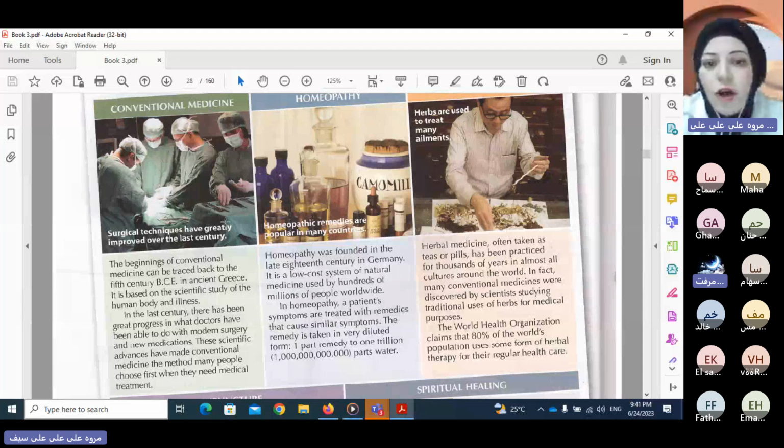Or that's all, let's move into homeopathy. Yeah, sure, go ahead. Conventional medicine started in the 5th century in ancient Greece, and as doctors made progress in this field, people made it their first choice when they feel they have a disease or some kind of disease. Okay, very good. Thanks a million for that.